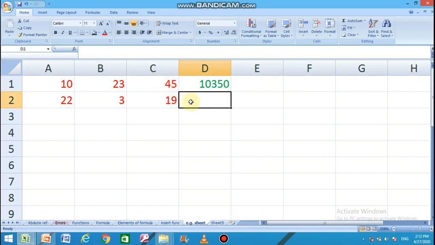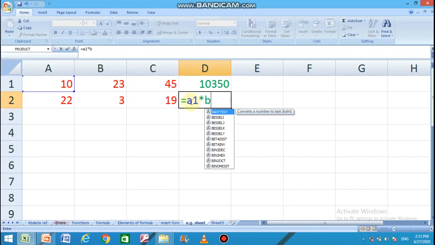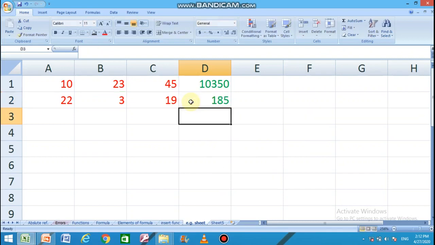Let's use a compound formula. Now this formula is a compound formula because it is carrying more than one operator, multiplication and subtraction. So now you understood what a formula is, what a compound formula is, and what a basic formula is.